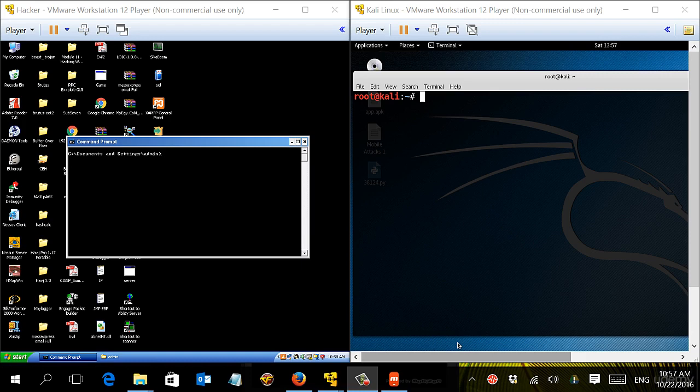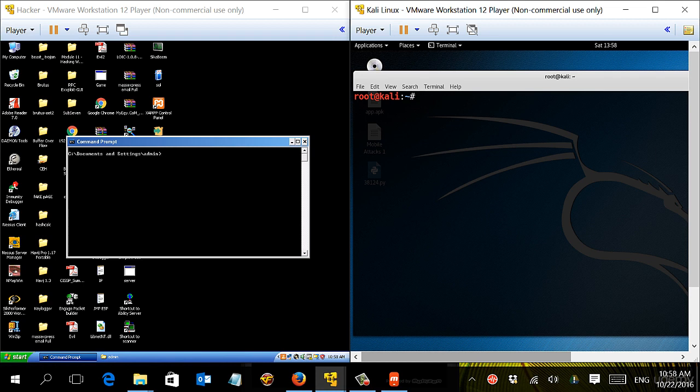Now let's see how to use Netcat to transfer files between different devices. One more time, these may seem like simple tasks, but we're going to see how to utilize those simple tasks while we are doing any kind of attacks. To be able to do that, we need to go here to my Linux machine and type nc,